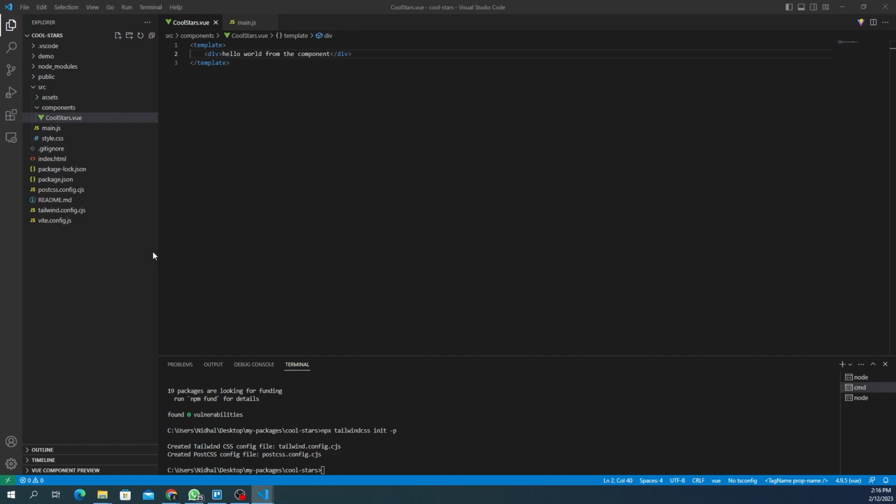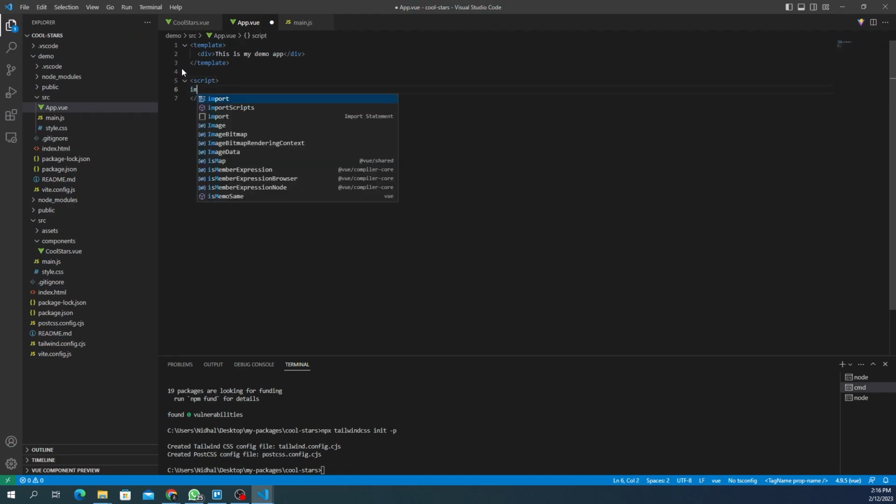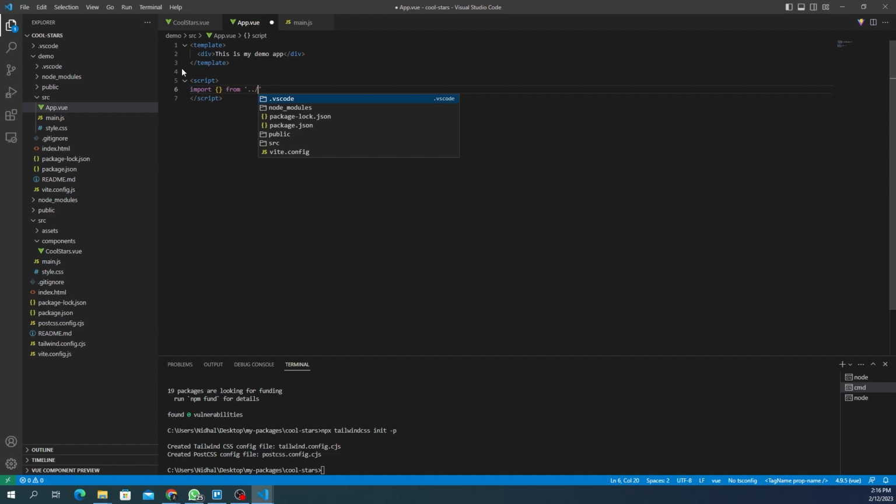We're going to write a script for how to build the package, but for now we can actually test it locally without having to build it directly. And let's see how we can do that. So inside of my demo app, I'm going to go to the app.vue and let's create a script section here, and let's import that component. So import from back one directory, and source,